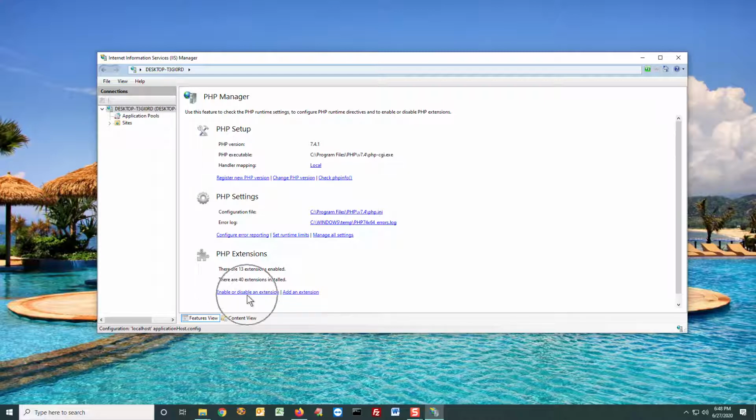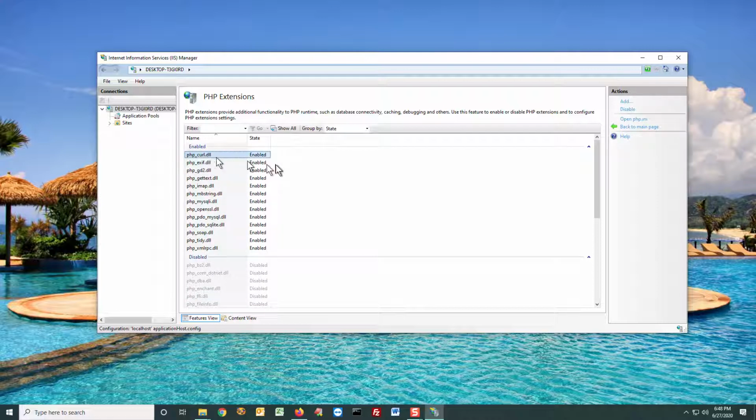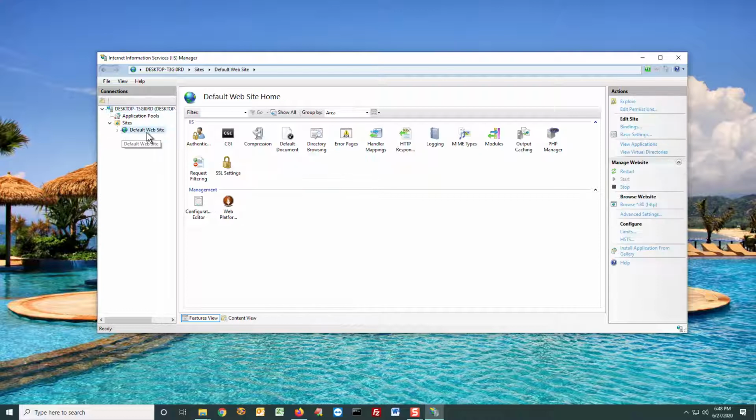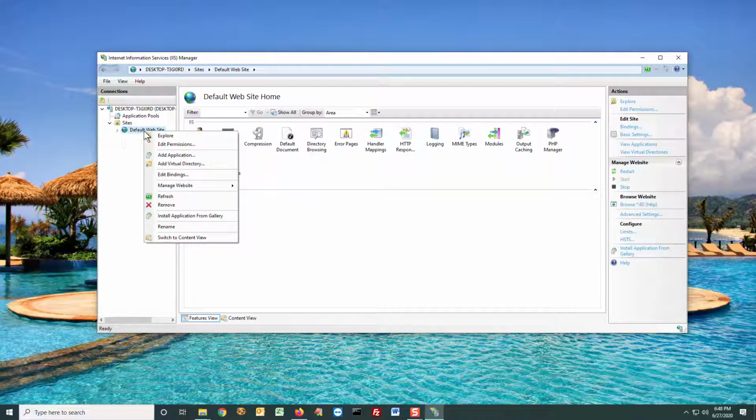Now by default, you see it says enable or disable extensions. It's really important that curl's on the list, so I'm happy to see that it's there. You probably didn't have to do anything in here. You just open it up and see it. But we're going to go to our sites, and we're going to go to our default website,